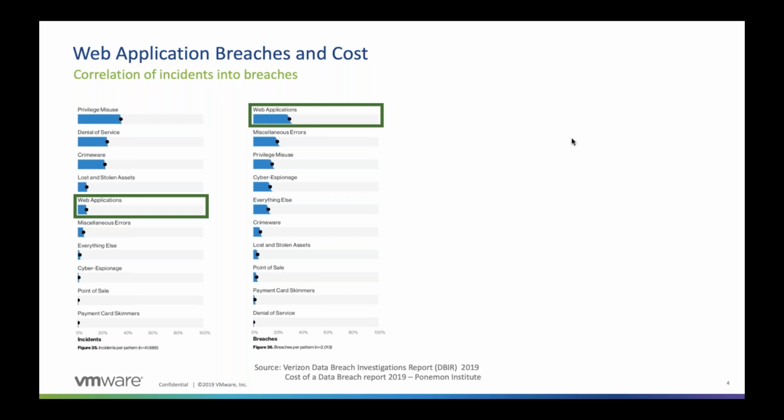Third, I want to take a look at another report. Actually, this is the Cost of a Data Breach report, also from this year by the Ponemon Institute, because this report takes it a little bit further. They actually look at the cost of data breaches. When you look at their report, they claim that above 50% of all the breaches happening are from malicious attacks. Malicious attacks include web applications.